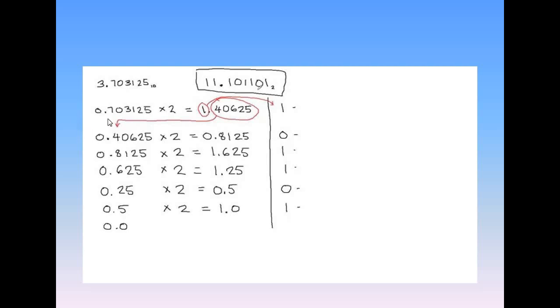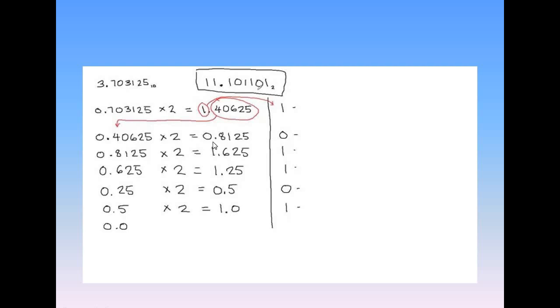So you take this number after the decimal, 0.703125. Now here, instead of dividing by 2, we need to multiply by 2. After multiplying by 2, what we get is 1.40625. 1 comes before the decimal. So 1 goes as carry. We can keep it at the side. Next number is 0.40625. This is left.